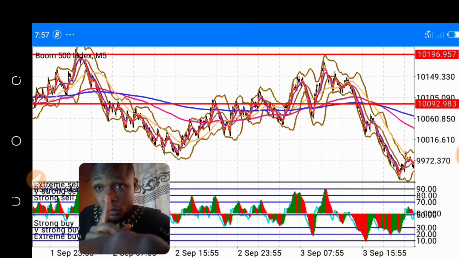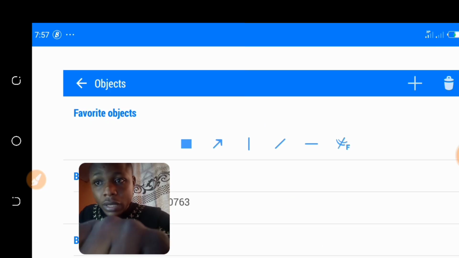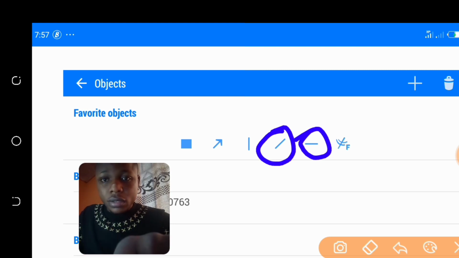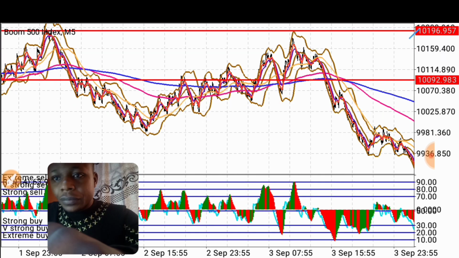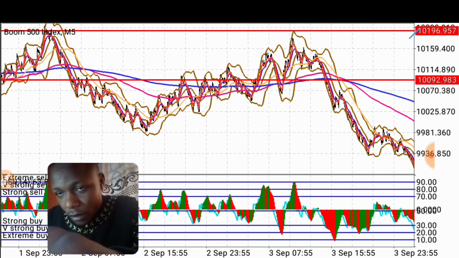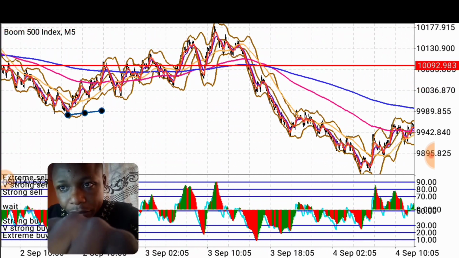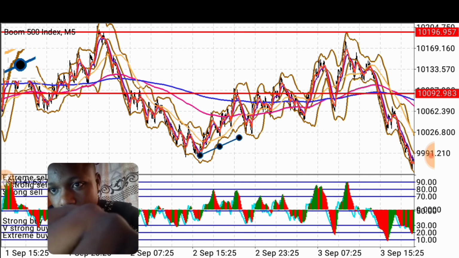So the same principle we used for resistance and support lines, the tool for trend line will be different. Click on shapes and click on this slanted line. This one is used for support and resistance levels, but this one will be used for trend lines. So click on it. Find the lower low if you are drawing a support trend line. So this is the lower low over here. So place it on the lower low,